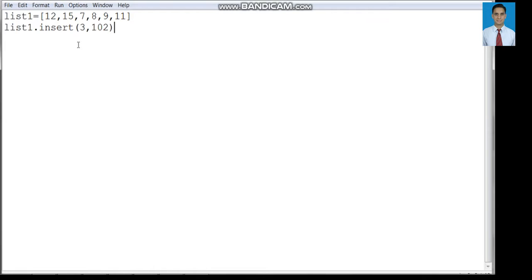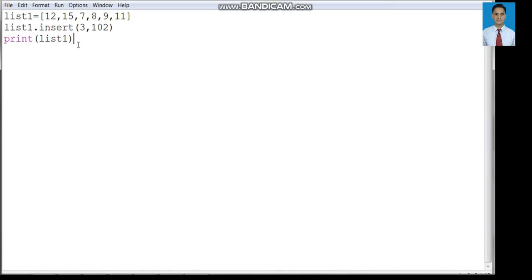With the help of the insert method, I am going to insert at location number 3. That is, after 12, 15, 7, I want to insert 102. For that purpose the insert method is used, and we pass the location and the element that we are going to insert. Let us print it.